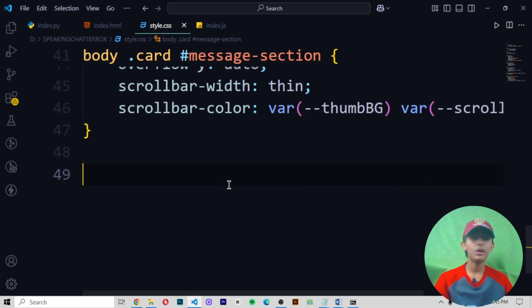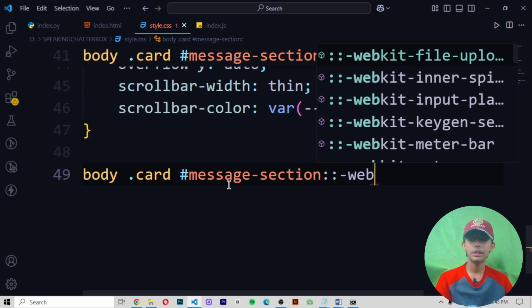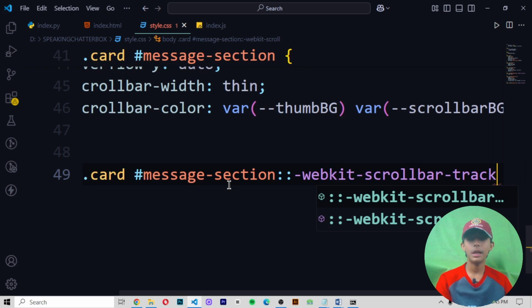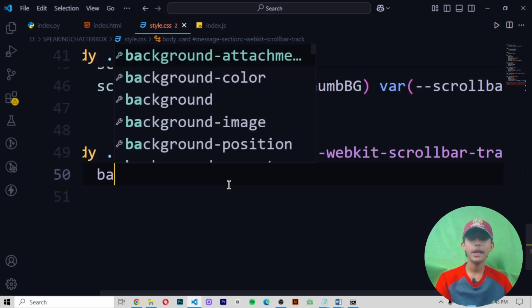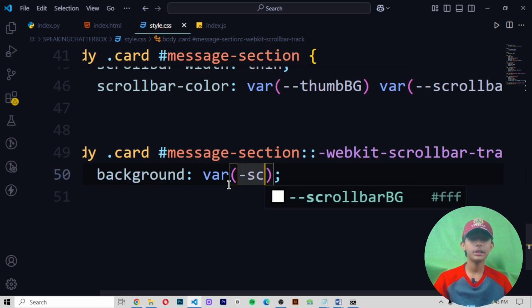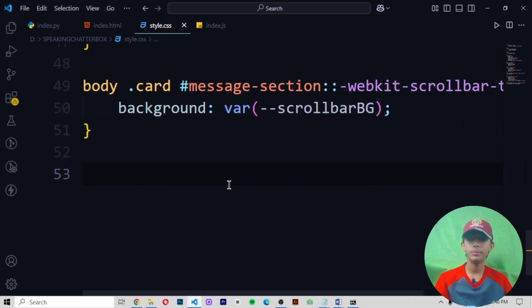Perfect. Now we only want to do it, right? Body.card hashtag message slash section slash webkit slash scroll bar slash track. Add a background on it, only background color, var hashtag slash background scroll bar BG.